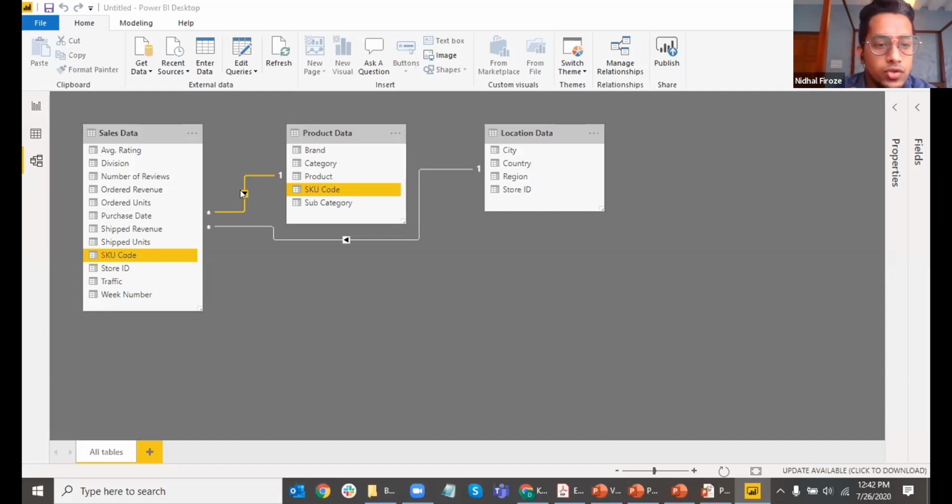Now, why do you see multiple values of the same SKU code in sales data, but only one value of that SKU code in product data? Here's the example. ABC123 is a SKU code. There are multiple values of that in sales data, but only one value of that in product data. Why is that? I'm going to answer this very quickly in the interest of time. In your sales data, if you look at, for example, this mobile phone, if you can see my video, this mobile phone has a particular SKU ID, but there are many different mobile phones like this in the store. For each of those sale items, you will find one row with that SKU code or product ID every time this mobile phone gets sold.